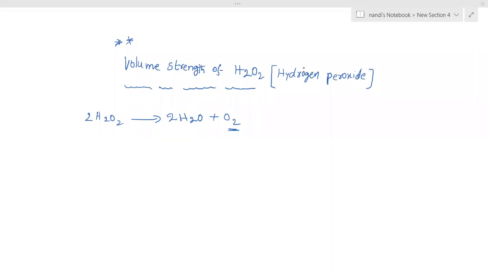The reason is that it will provide oxygen. When exposed to air or sunlight, H2O2 dissociates, and you get H2O and oxygen. Oxygen is a gas, right? Because of this oxygen, it will bubble. You can pour H2O2 anywhere, even on skin damage or on the earth, and it will bubble. H2O2 breaks into H2O and O2. O2 is oxygen only, a gas, so it will bubble automatically, go upward, and mix with air.